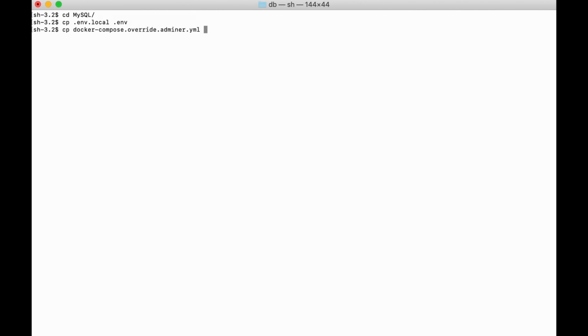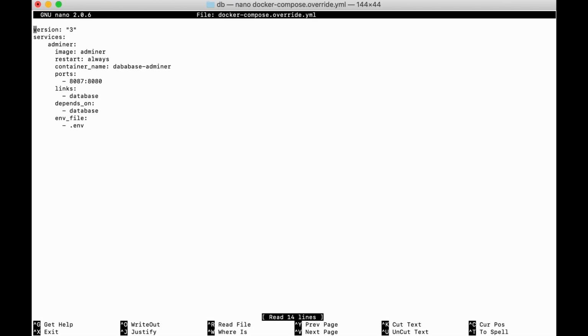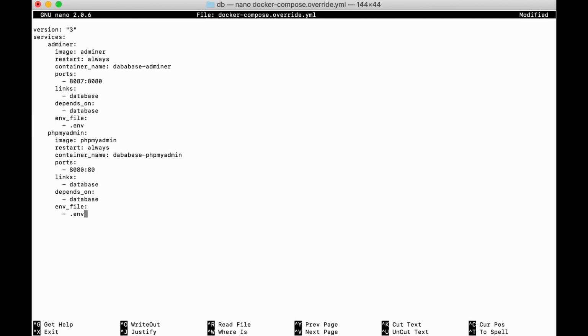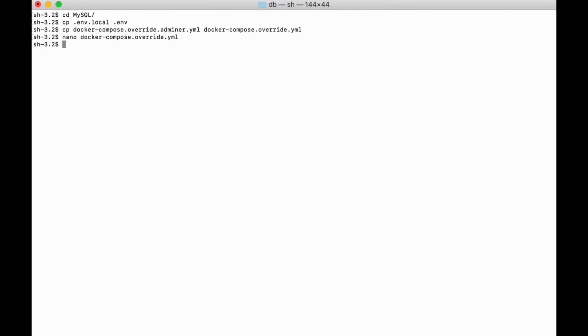However, I have copied both adminer and myadmin to the file docker-compose.override.yml to show you both of them and what you should use. Then simply docker compose up -d and wait for the download to finish.